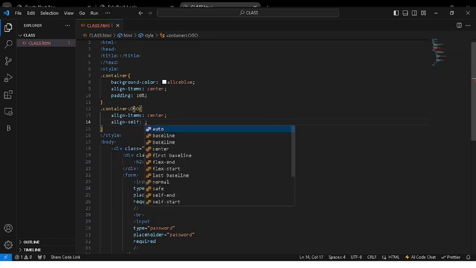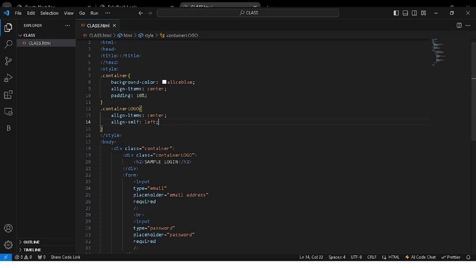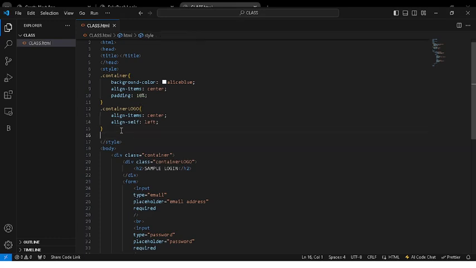Align self, I will say left. So I think this is okay. Align self left. So what do we have here? Then the next one is